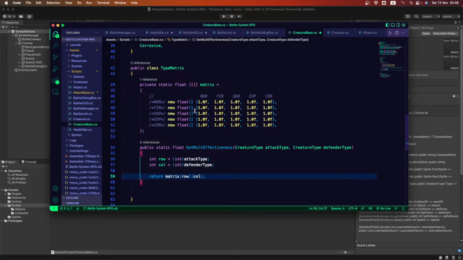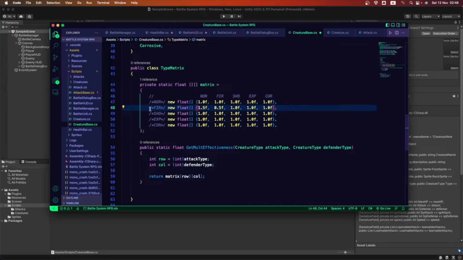And let's say the fire attacks are gonna be doing 1.5 damage against a normal creature, but against a fire creature it's gonna be half damage. Okay, because they are of the same type of creature, let's say.